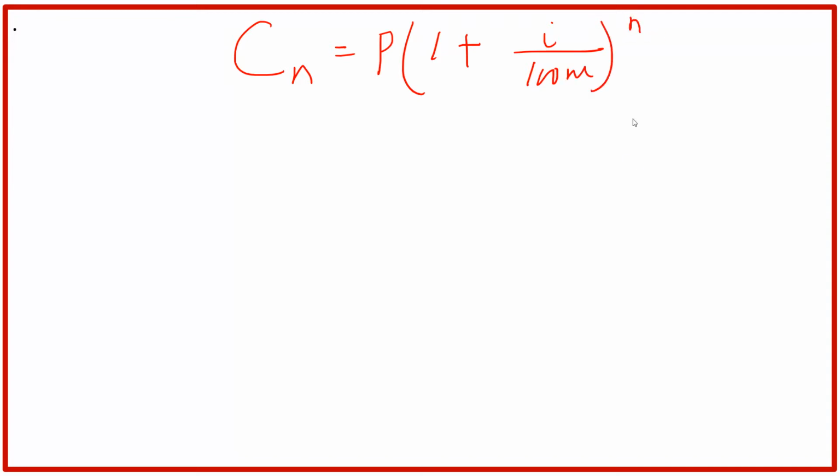Now by using this formula, I will show you quickly one example. Suppose you have 10,000 and you want to invest, and the manager says he will give you 6% compounded monthly after 2 years or 24 interest periods, right? This represents the number of periods. Here we have 24 periods because he says compounded monthly, and you have 2 years. In 2 years we have 24 months. So C24